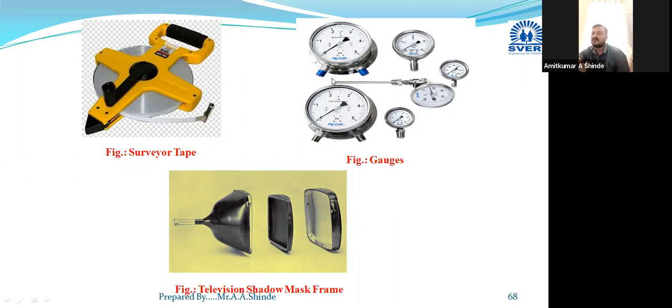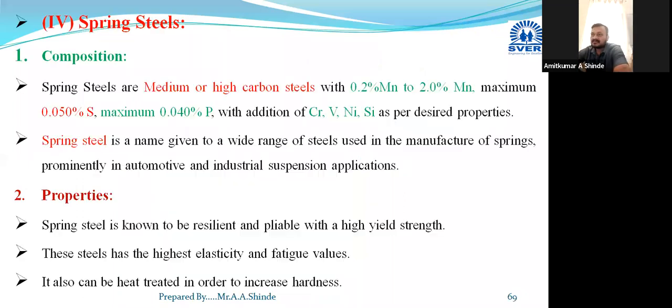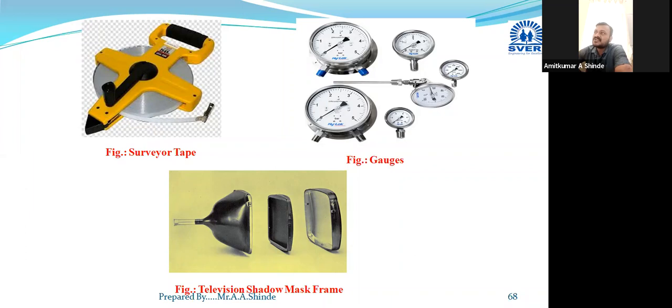This is a surveyor tape, and different types of gauges which we use in measurement. Okay, I think you have seen this in the measurement lab, or you will see it in this semester or next semester in the measurement subject. Okay, next semester there will be this subject. Then in micrometers, you have conducted that practical, which will be next sem. And micrometers, different measuring instruments are there. As they require very high accuracy, these Invar steels are used.